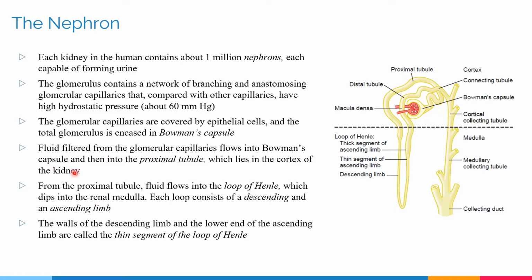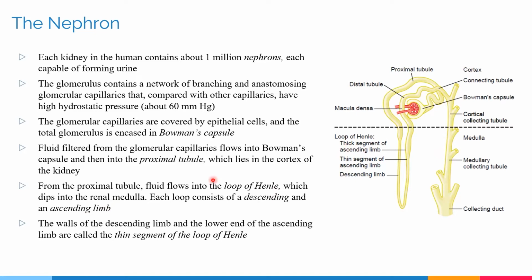So as I said, the kidney is divided into two halves, cortex and medulla. The nephron is present half and half in each. So the proximal tubule is present in the cortex itself. From the proximal tubule, the fluid flows into the loop of Henle, which is this loop right here, which dips into the renal medulla. So the lower portions of the nephron are present in the medulla itself, which starts with